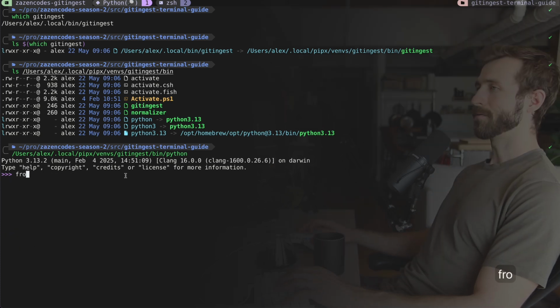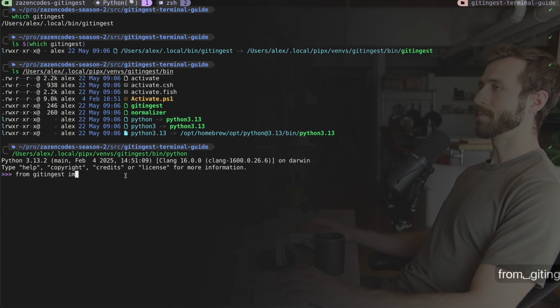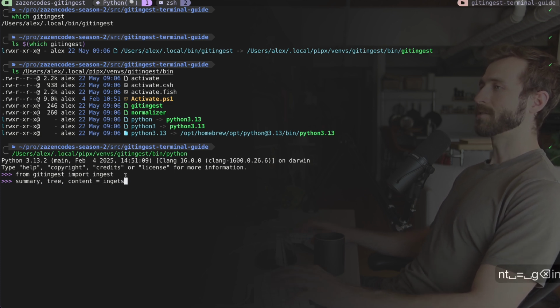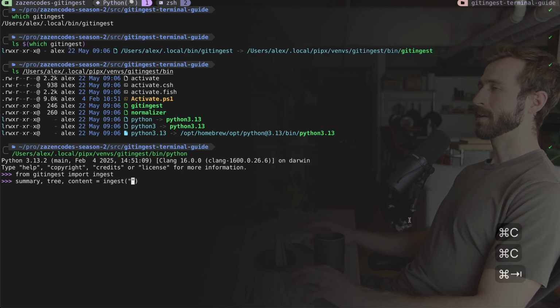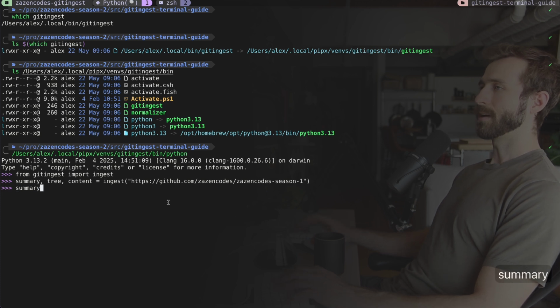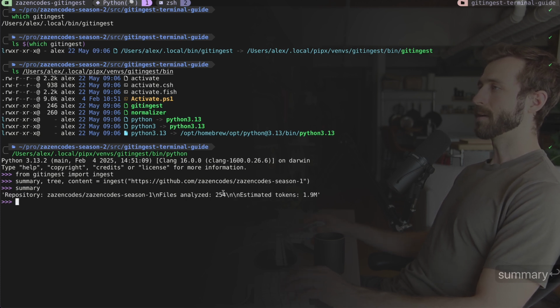so now I could say from git ingest, I'm going to import ingest. And I can run this, and it's going to output 3 different things. So it's going to give me a summary, it's going to give me a tree and content, and then I can just paste in anything I want. So here I'm going to use one of mine from YouTube. This has all my first year source code stuff for all my videos, and I can look at the summary. So we were looking at, okay, we analyzed 250 files, we have 2 million tokens of content in here,